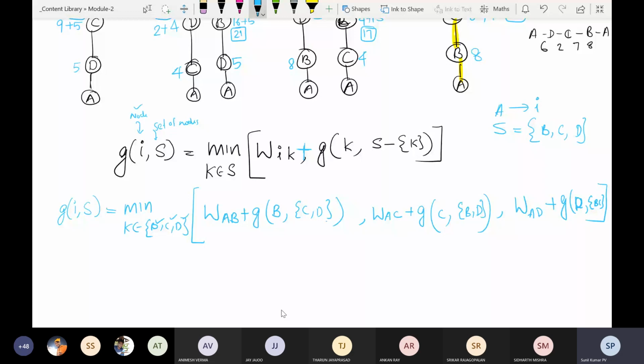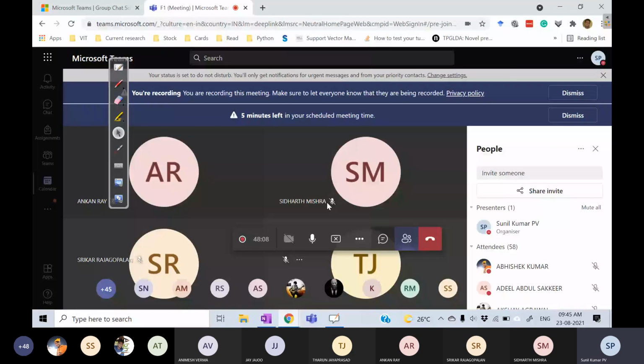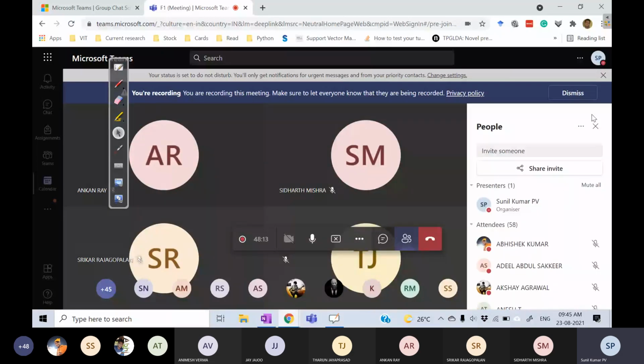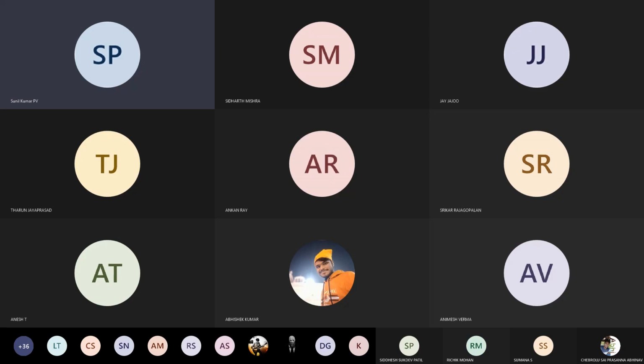Like that we need to proceed. So we have to do a lot of work that can be done in the next class. It is already 5 minutes late. So with this, let us stop and we will meet in the next class. All your doubts can be addressed in the next class, because we will finish this problem in the next class. Then you can have all your doubts.